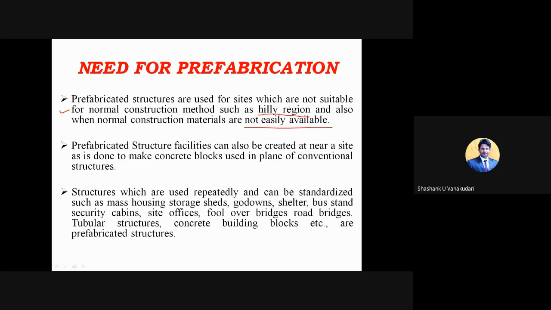And structures which are used repeatedly and can be standardized, such as mass housing, storage sheds, godowns, shelters, bus stands, security cabins, site offices, pullover bridges, and even road bridges, tabular structures, concrete building blocks, etc., are prefabricated structures. So here, what they are specifically saying is the structures which are repeatedly constructed, as I told in the